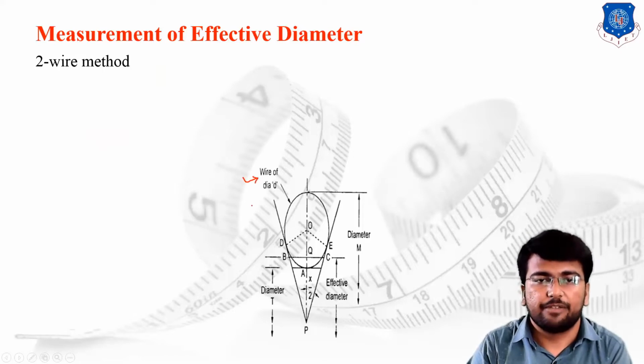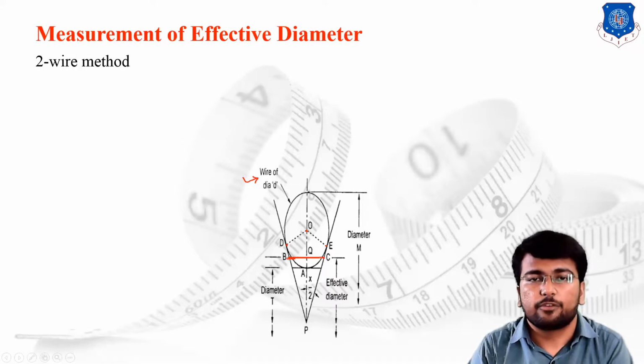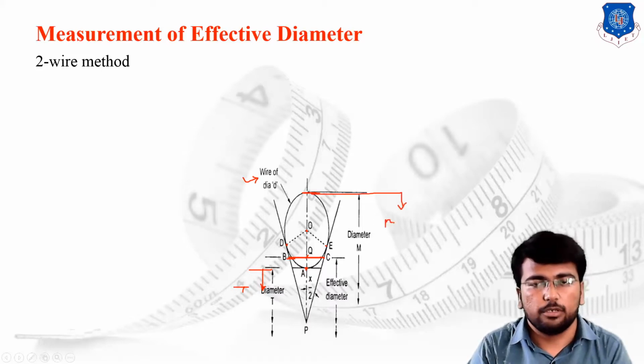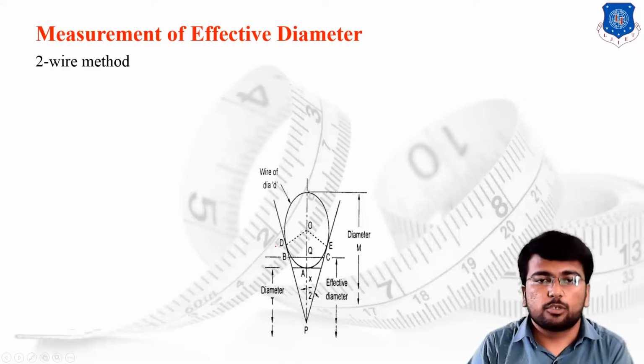This is the wire having the diameter d. O is the center of the wire. B point and E point are making physical contact with the flank. BC is the line which we are supposed to make as a line of contact. Q is the midpoint of BC. Then A is the point below the wire where the wire ends. This particular dimension is known as T, the diameter under the wire. This is the diameter of the wire, and this particular dimension is known as the M dimension, the diameter over the wire. We have to consider two different triangles.